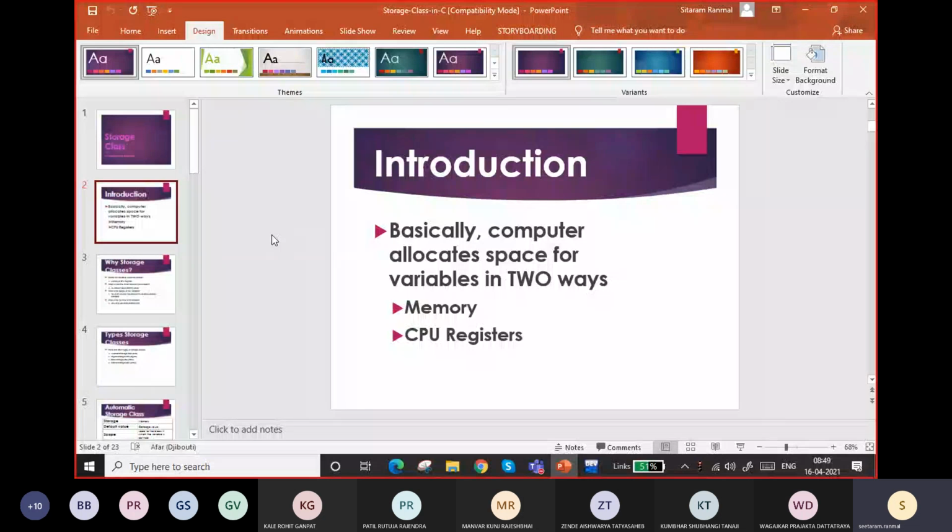People say the whole computer is made up of lights, on or off, right? So there will be the registers. It takes that memory into the registers and calculates the value, doing operations using the one's complement and two's complement method. Then it reconverts back and stores in the computer. It stores all the variables in binary format. So there are two ways to store or allocate the space: one is memory and the second is a register.